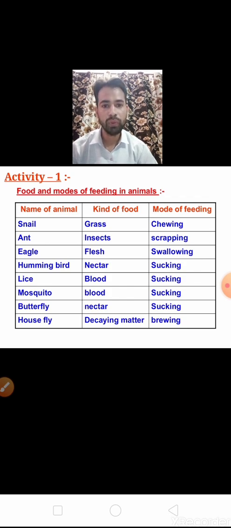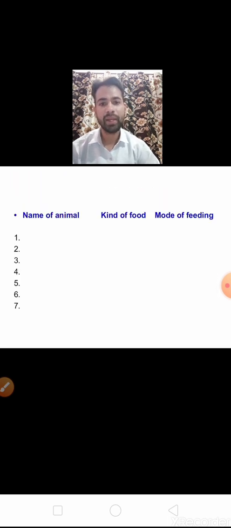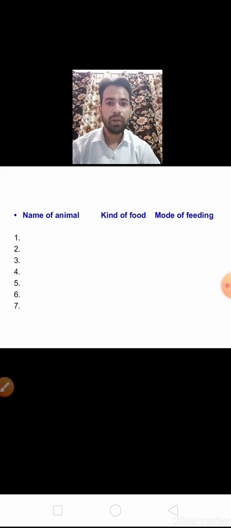So what you have to do, take a very fine paper and make 3 columns. In one column you write name of animal, second column kind of food, and third column mode of feeding.